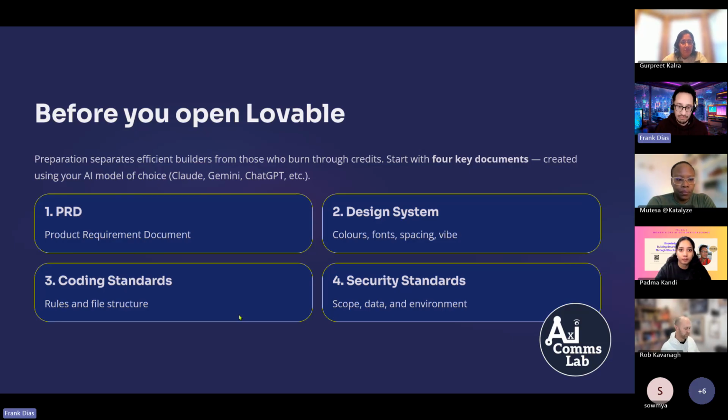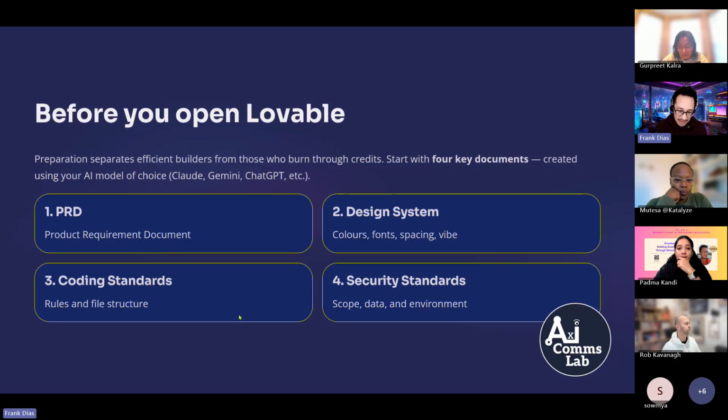The second document, which is important, is called the design system. The design system is a document that you will use in the knowledge of Lovable, which deals with all the boring stuff such as colors, fonts, spacing, your approach to vibing. You'll see in the template that it's got everything that you need to follow through. The third document is coding standards, which again is very boring. It's all the file structuring, the behind the scenes, a bit more technical, to help guide Lovable in how it goes about building your product, with structure behind it.